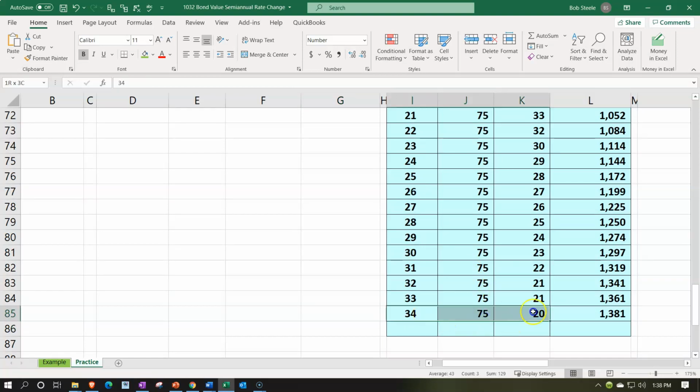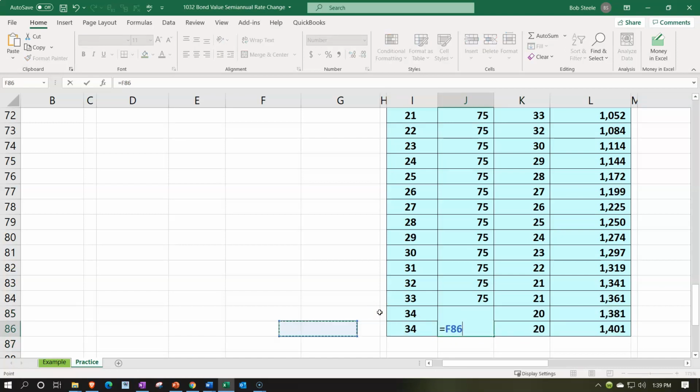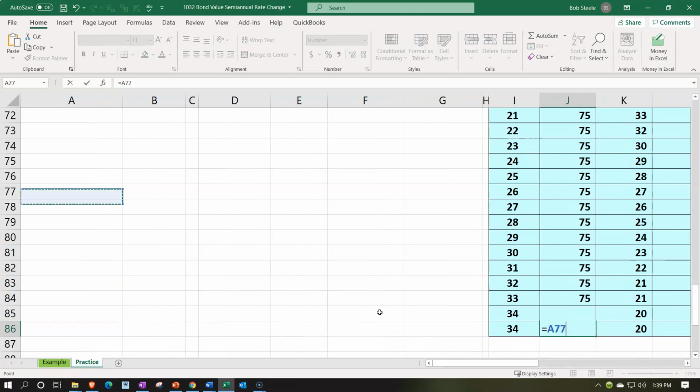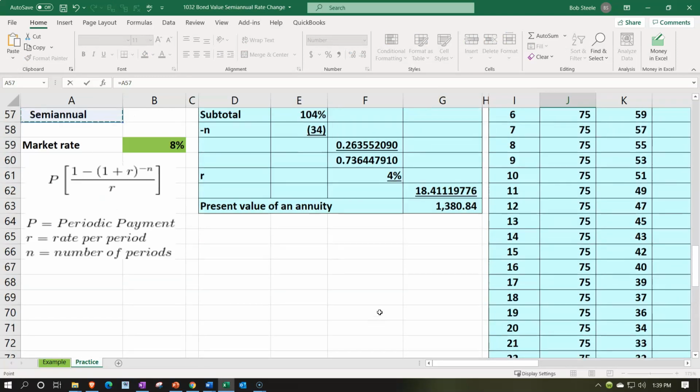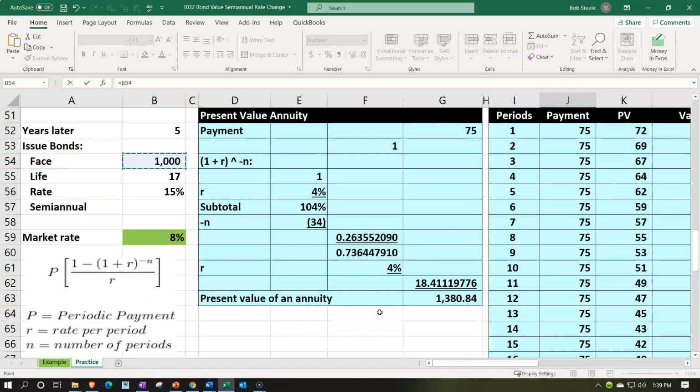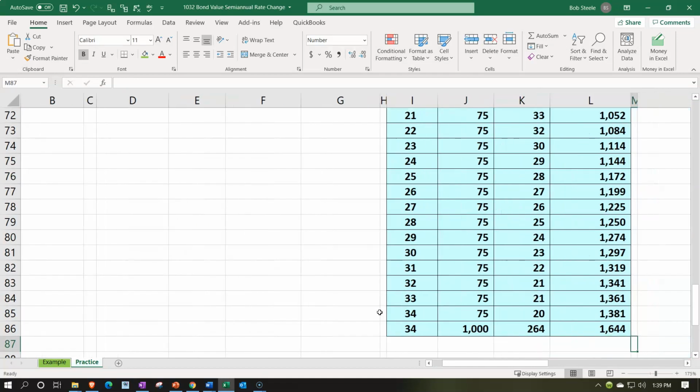So we could drag this down one more time. That's why I have that other yellow box, in case you're wondering. It's also 34 periods out, but this is going to be the present value of the principal, the 1,000, the face amount of the bond that would be paid at the end. If we present value it, it's now worth more because time has passed. It's closer to the current time point, 34 periods out rather than, I believe it was 44 before. So it's 269 plus the